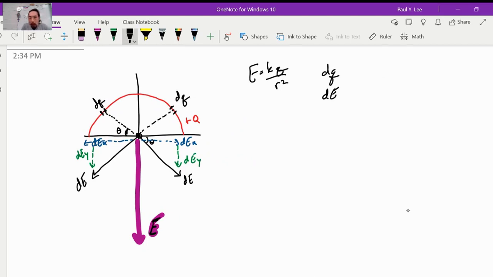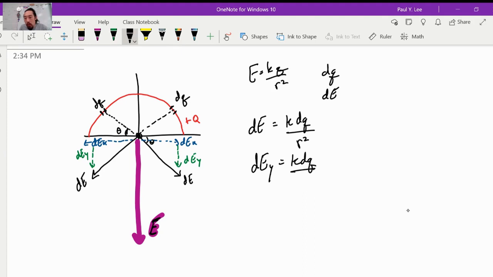Yeah, so we have our original formula. I'm going to write the calculus version here. We have dE is equal to k dq all over r squared, right? But here we get to do something special and unique. We know that we only care about dEy. So the next line down, I'm going to write the same thing,